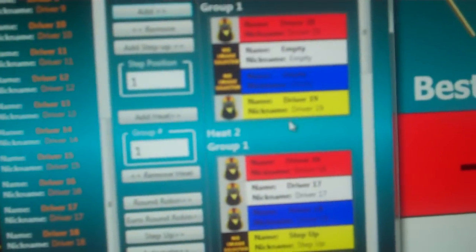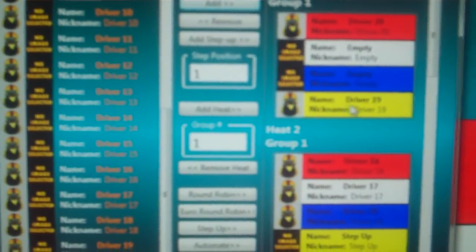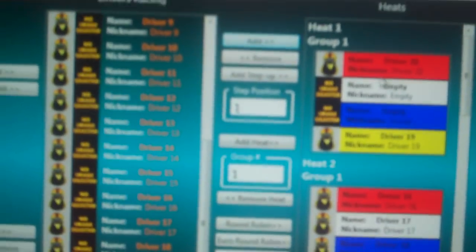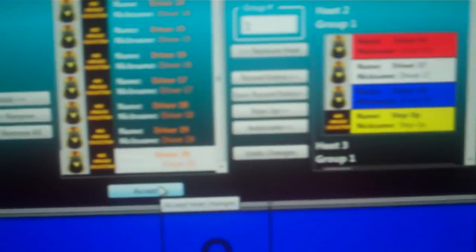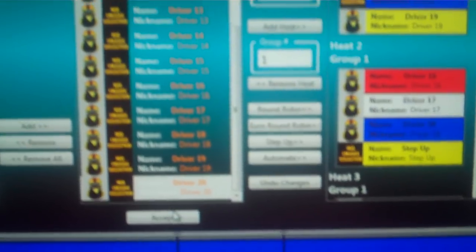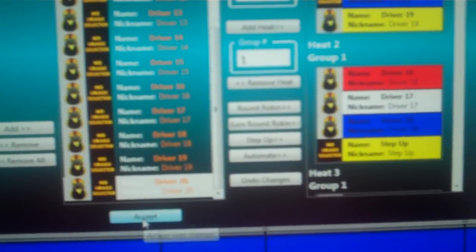Okay, so heat 1 is now set up. The top seed in heat 1, driver 19, said he wants yellow. The second highest seed in heat 1 said he wants red. These 2 lanes are empty because there's only 2 drivers in this heat, so they're ready to go. Now, at this point, this is choice 1 of 2 how you can do this. If you hit accept now,